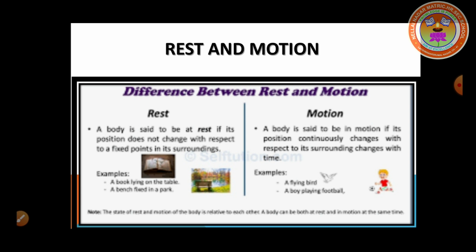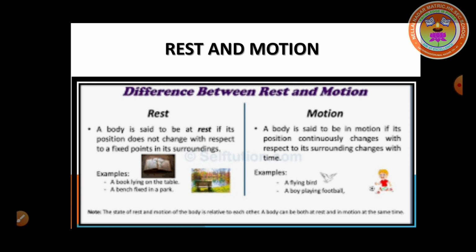We can experience the same thing in a train journey also, isn't it? The train is moving in the forward direction while we are sitting. At the same time, the trees appear to be moving in the backward direction. This is also taken as a motion, but the tree is in the same place only. Yes or no? This is taken as what? The surrounding is changing and time is also changing. So the body is said to be in motion.